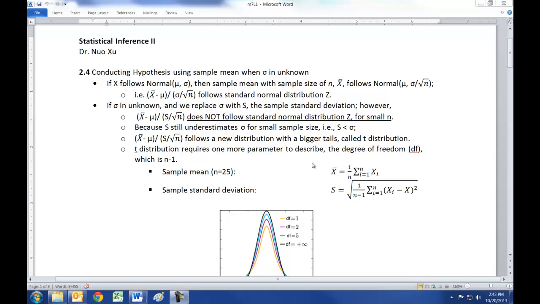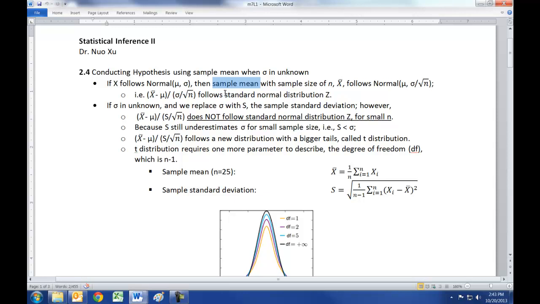So in this lecture, we'll continue our discussion on statistical inference. In last lecture, we introduced the concept of hypothesis and demonstrated how to use hypothesis testing to validate whether or not a serial production process is in control. And we also discussed the advantage of using a sample mean to do the hypothesis test compared with using an